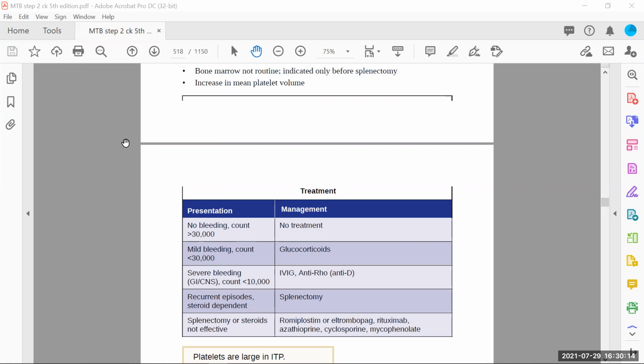So if there is severe bleeding and the count is less than 10,000, we will go for immunoglobulins. Then, if recurrent episodes are steroid dependent,